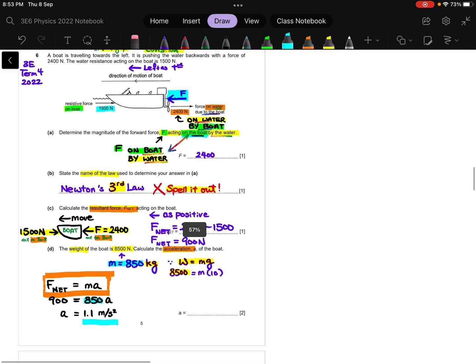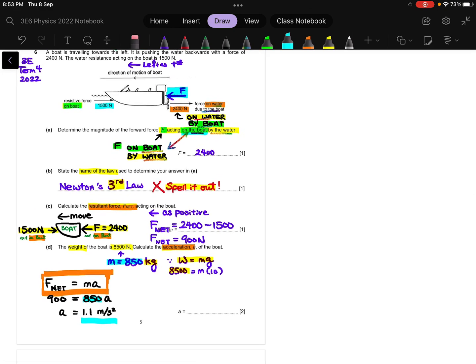I hope you have gained a better understanding of the calculation of forces, definitely coming out in your end of year. If you have questions, do highlight them now and let me know. Don't bring it over to end of